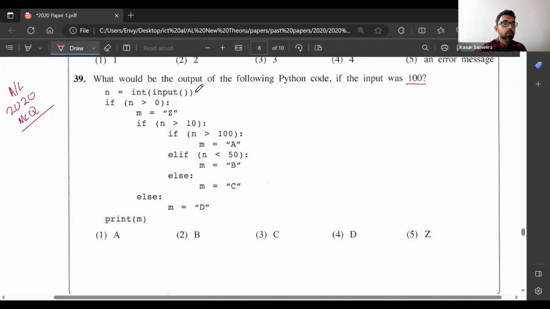Okay, therefore just come to the first line. n equals int input something. Always remember when doing Python coding we are executing from right to left. We are going to input something. What are we going to input? It's in the question. Number 100. It's an integer value. The program asks to cast it into int and assign, but it doesn't matter because 100 is already an int. Therefore, n variable